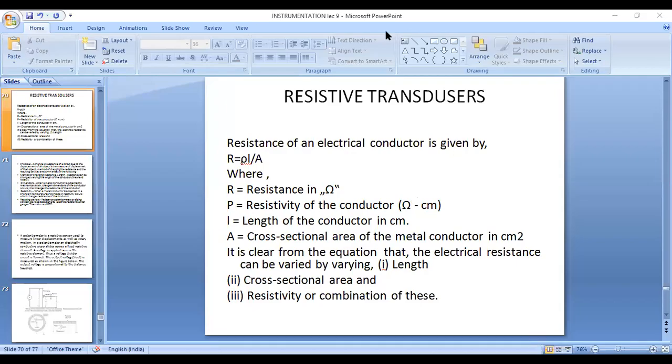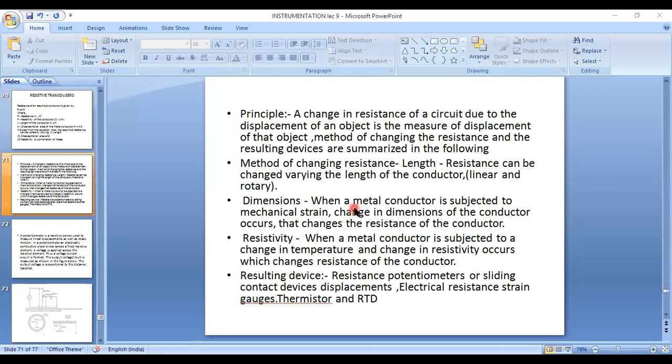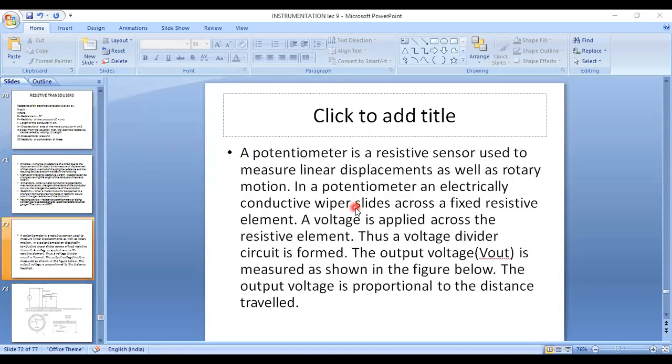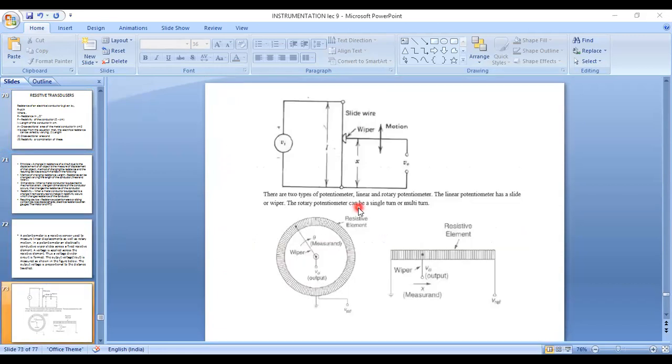I will try to cover another point. So this is an example of resistive transducers. One of the most used resistive transducers is the potentiometer. We have already seen it in your NT lab, NA lab, and also electrical machines lab. This is called the mandrel.